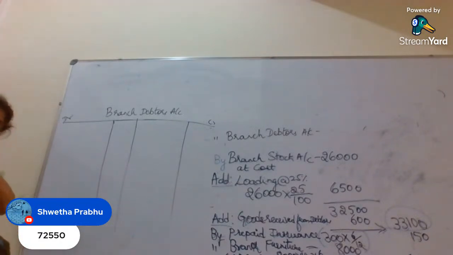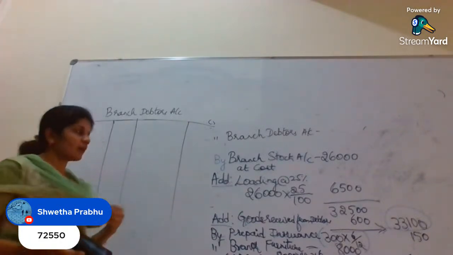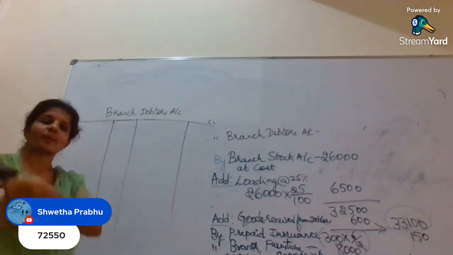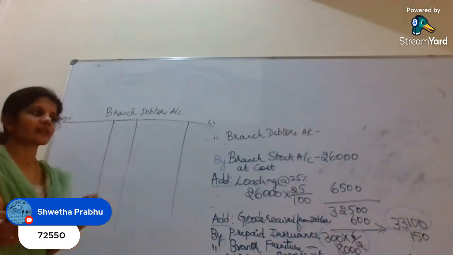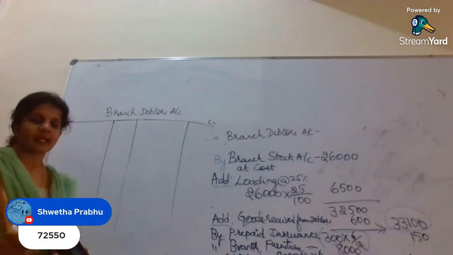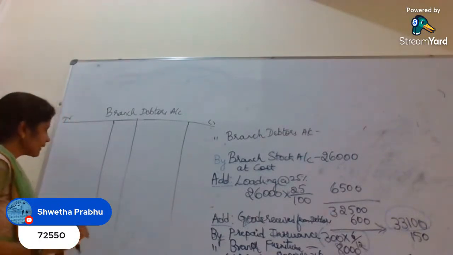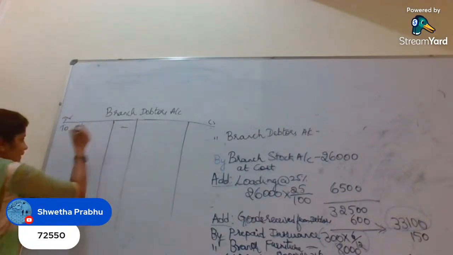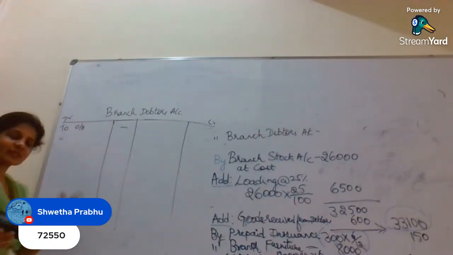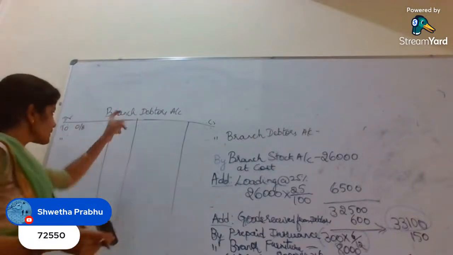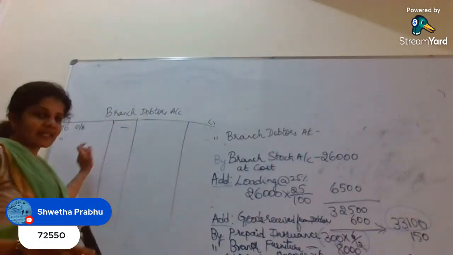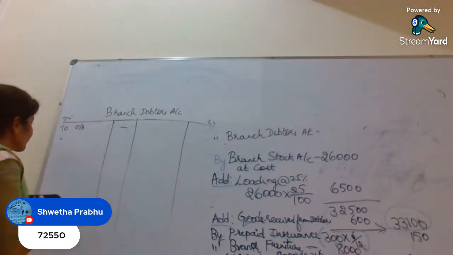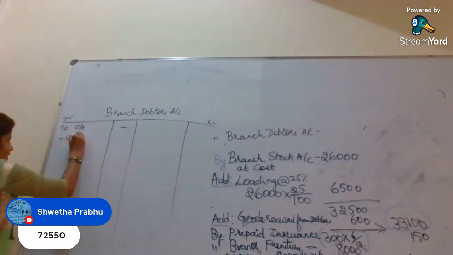For branch debtors, there is no opening balance, correct? But there is a sales. So there is no opening balance, but when there is a sales, it will be added. Because debtors account will be debited and the sales account will be credited, correct? So branch debtors account debit to credit sales